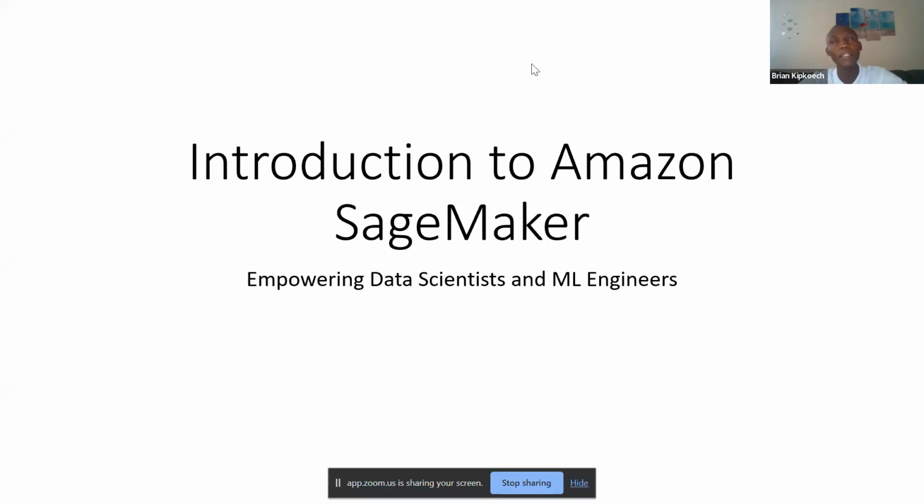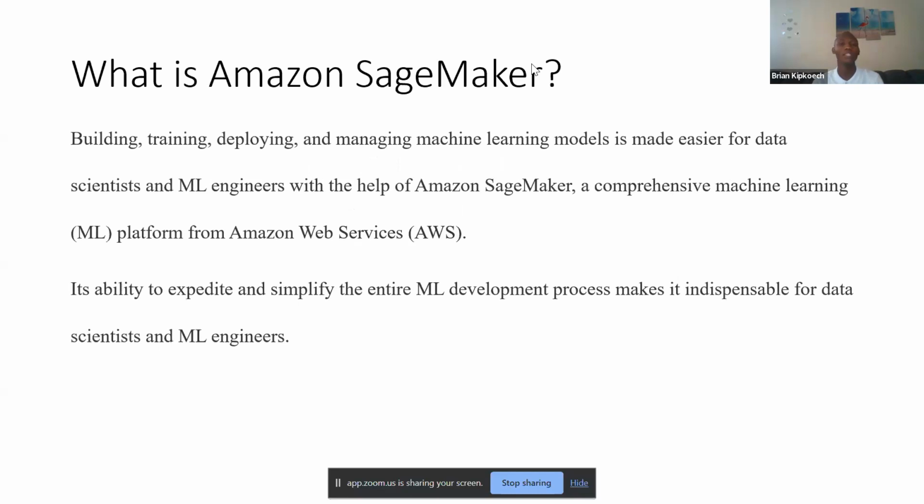But what if, in your company, you have a custom problem that you want to solve and you've hired a team of machine learning engineers and data scientists who will be creating the codes for you and solving the solution? So Amazon has a service for that, and it's called SageMaker. So we are going to be introducing SageMaker and then running through some samples and creating some codes together. So let's continue. So what is Amazon SageMaker?